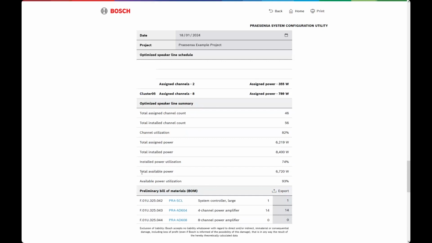So you see now that total available power is where the reserve has been taken into account. So the available power utilization was 93%, so pretty good efficiency here. Then